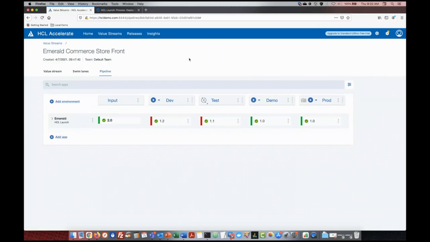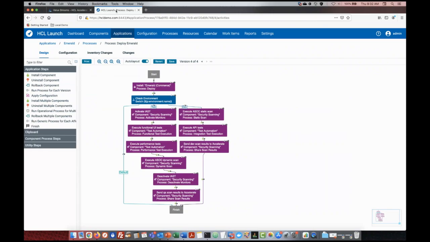So, as part of this whole notion of optimizing this pipeline, I don't want to have to kick off a deployment job and then notify the testers to run some functional tests and notify the security team to run their security scans. I want to integrate that into my deployment pipeline so that I have an automated process that is seamless. And using a tool like HCL Launch, the first step here, if I explain this process, and you'll see it in action shortly, the first thing I'm going to do is deploy my